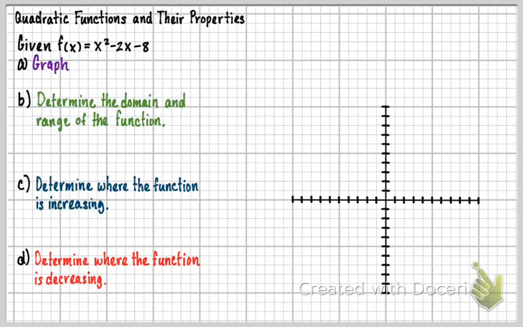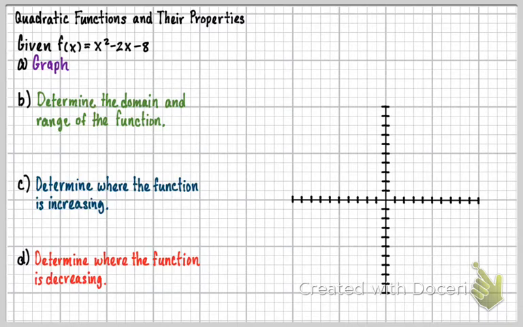Given f of x equals x squared minus 2x minus 8, and part A says to graph this. So what we're going to do first is I'm just going to put it in that standard form or vertex form, whatever you want to call it, so that we can actually do a simple, quick graph of this. We don't have to graph it specifically with all those values and stuff in there, because when you look at